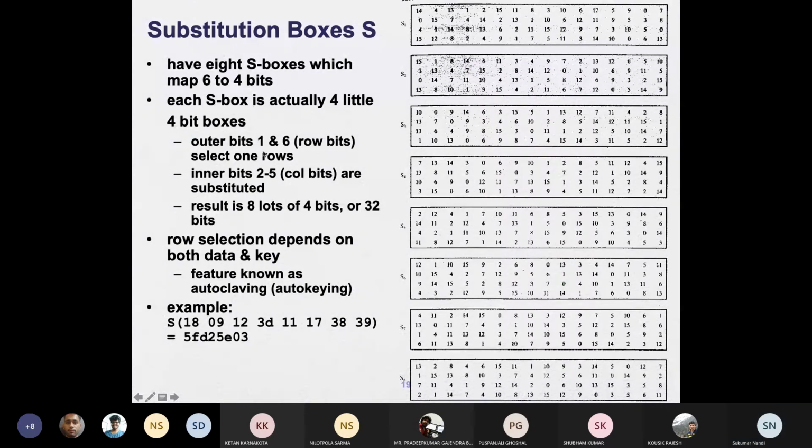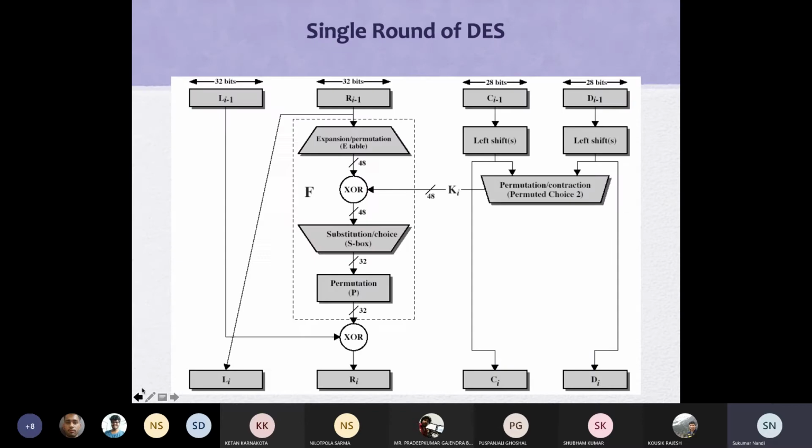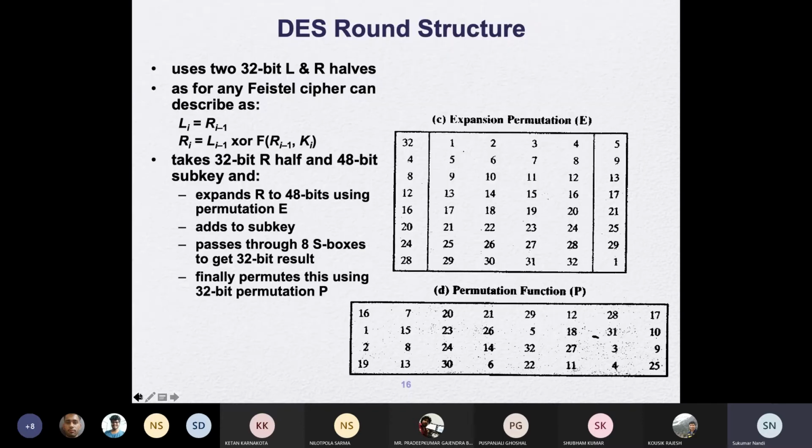I have not discussed how the expansion takes place. The expansion is given here in these slides. It is just extended: 1, 2, 3, 4, 5, 32 bits. The fifth bit is repeated here. Similarly, before 1, in circular fashion, is 32 here, and so on.